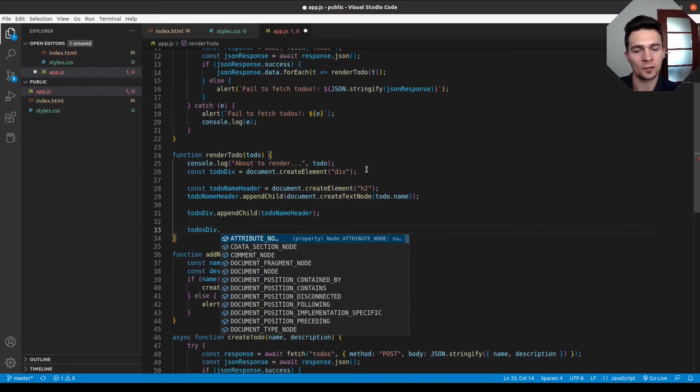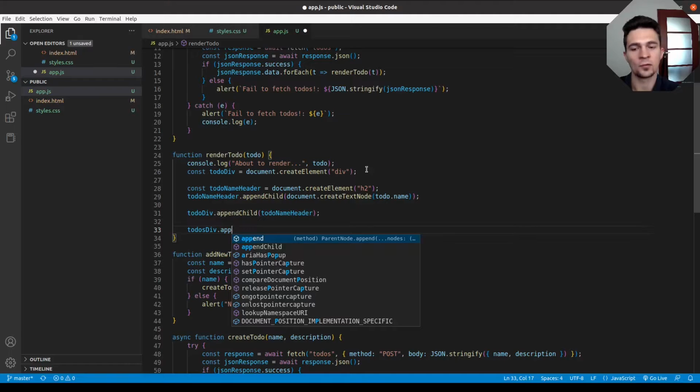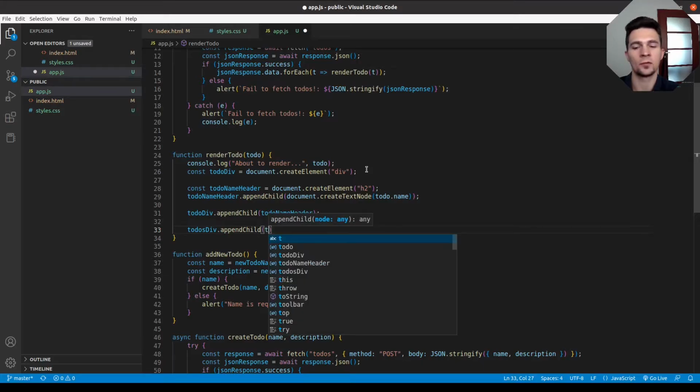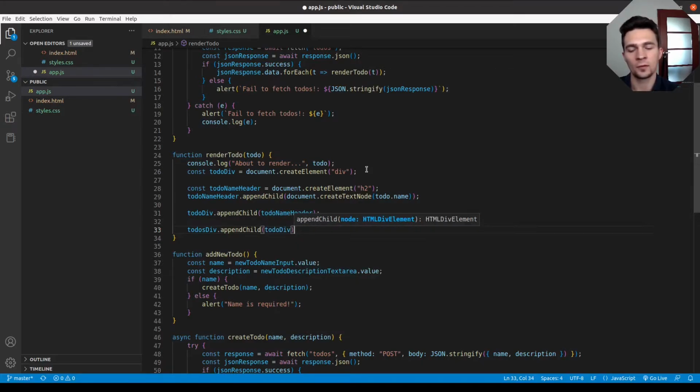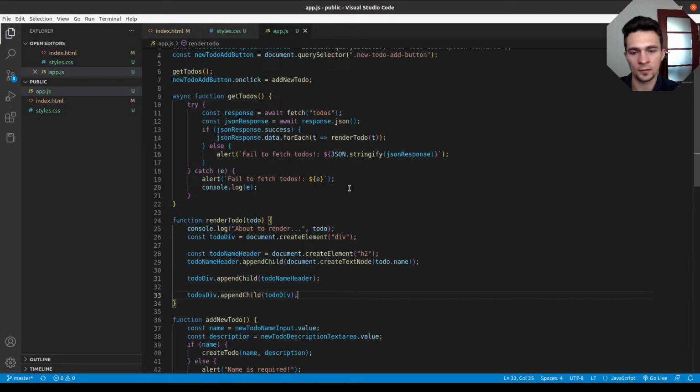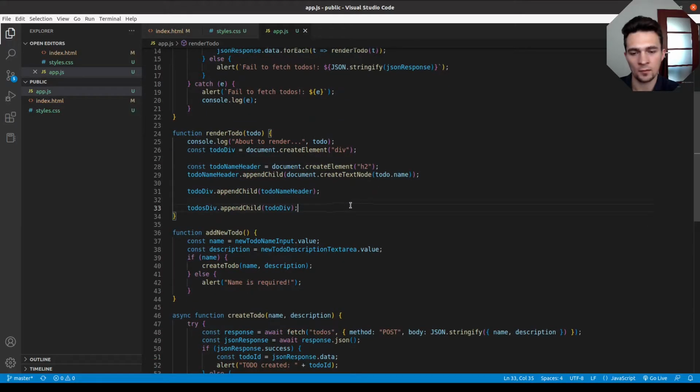To-dos div is a container for all to-dos, and we just created to-do div representing one to-do. So let's append child to to-dos div with the one to-do div. That should work actually. Yeah, we have it. Okay, but we don't have description, so let's say that,